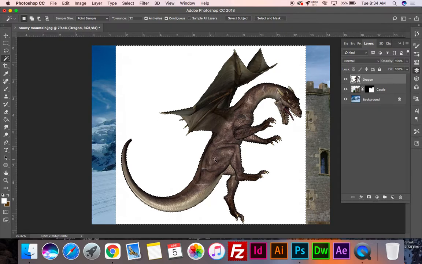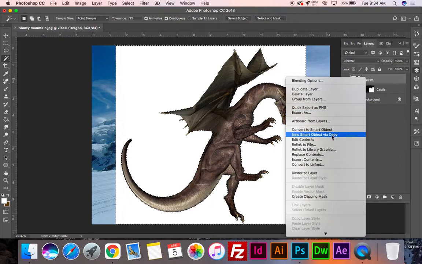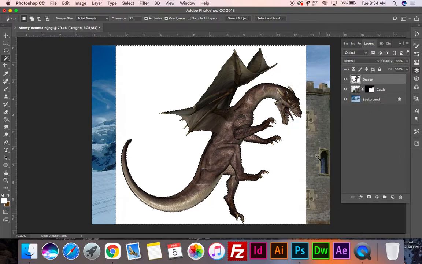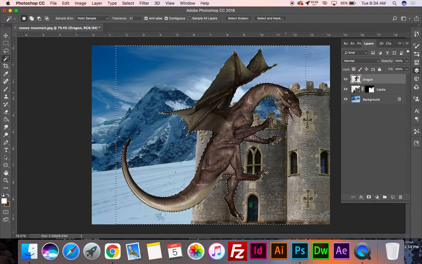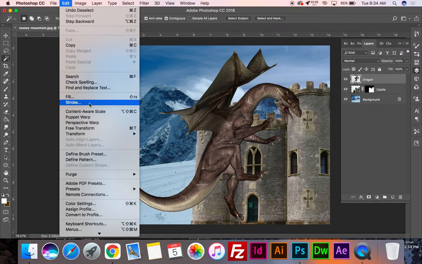All right, so we're going to get rid of this background right here. Let me right click on this to make sure that my image is rasterized. It wasn't, so I'm going to go ahead and do that. And I'm going to hit backspace or delete on my keyboard, which gets rid of my background. All right, Control D gets rid of those dotted lines, and now I can go to Edit,